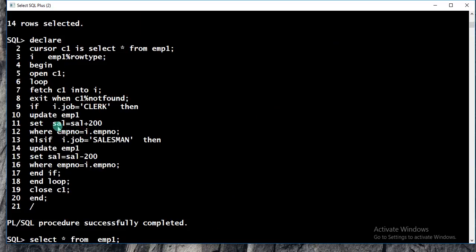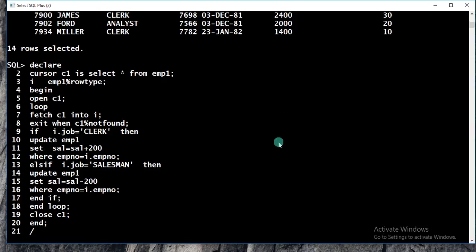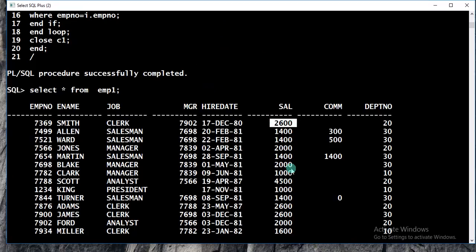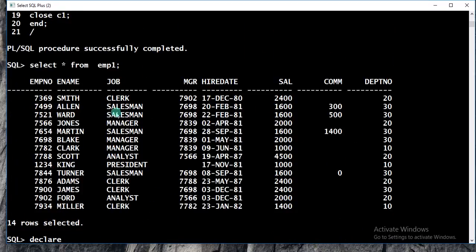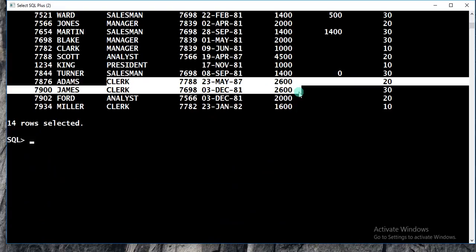For those doing the job of a clerk, salary plus 200. So previously 2600, now how much? Sir, 2400. Now how much here? 2600. Now see another clerk here 2400, and this one also the same 2400.